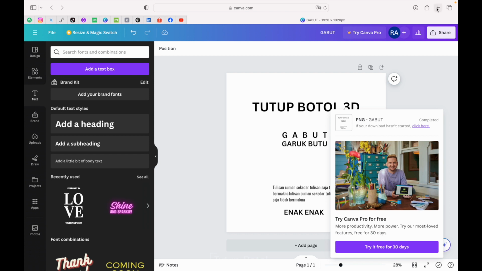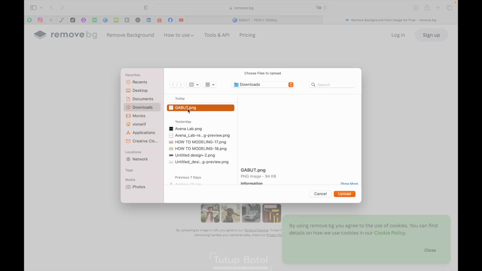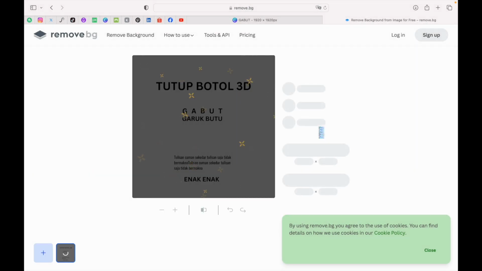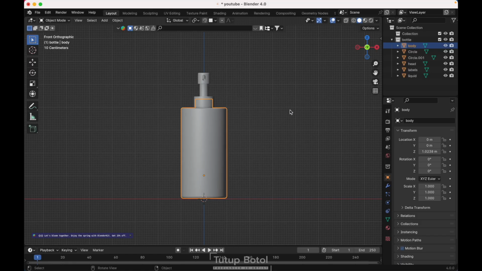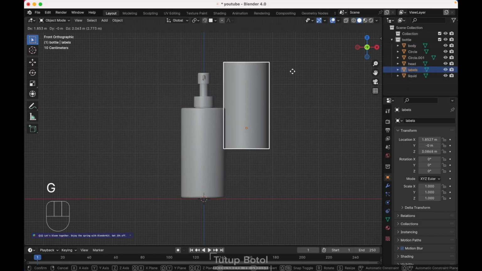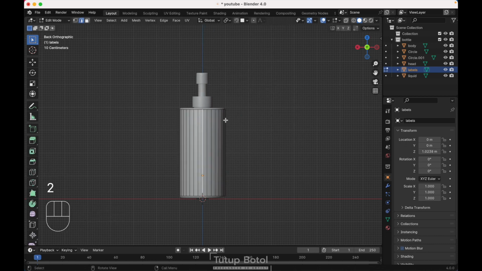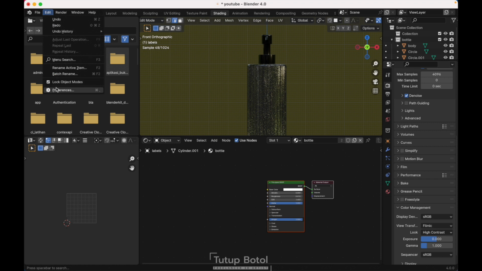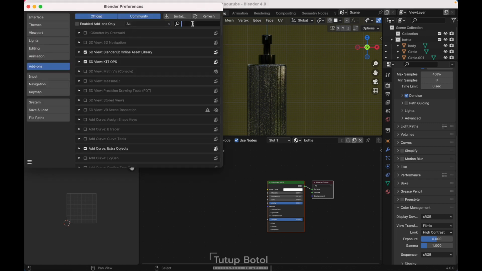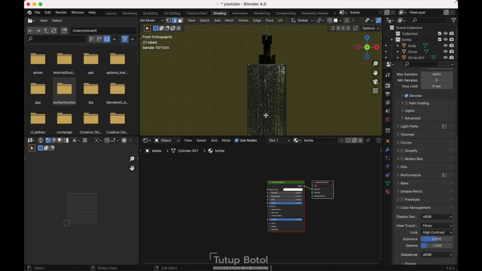After you download it, go to remove.bg, upload the image, upload your label, and download the label. Back to our Blender file, select your label over here and tap to the edit mode. Go to the back view, click over here, select this edge, press U, mark seam. Go to the shading tab and go to the edit, preference, install the Node Wrangler, install this node, save your preference, and at the bottom